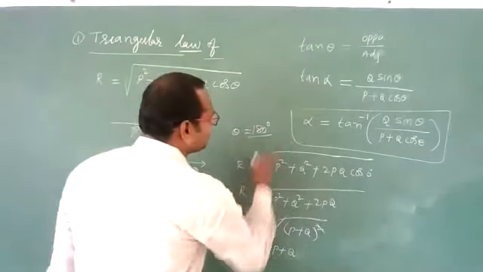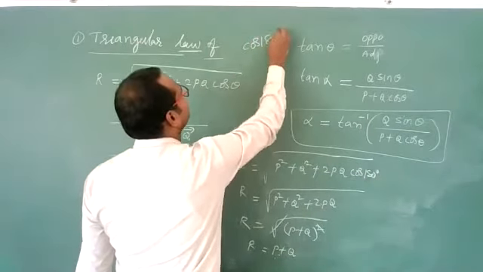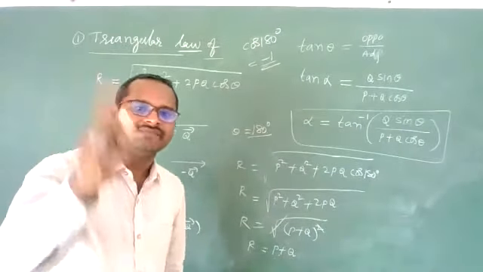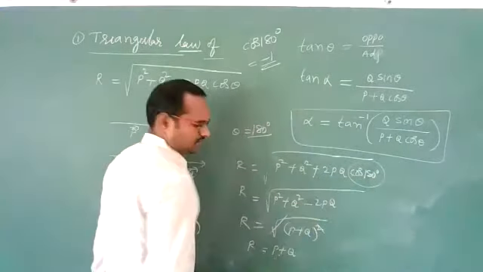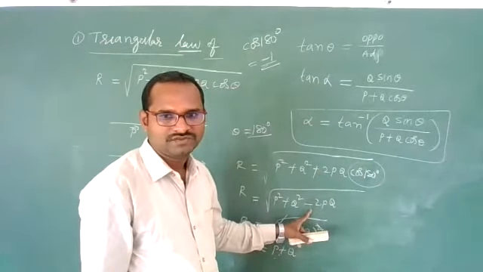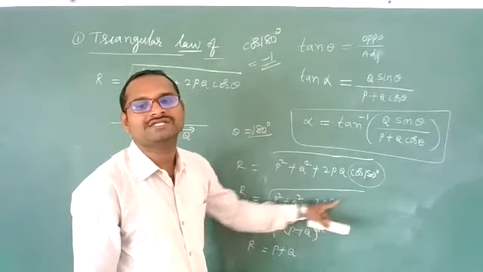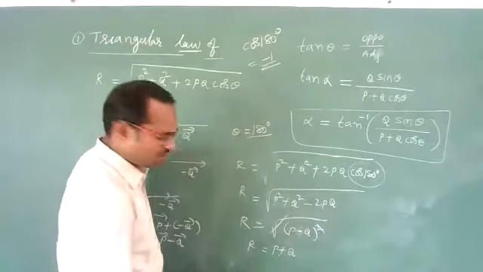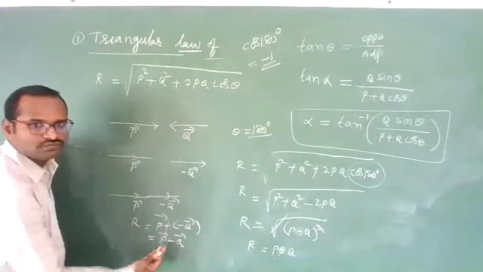Yes, the angle is 180 degrees. Here keep 180 degrees. Students, cos of 180 degrees is always minus 1. You should remember: cos 0 is 1, cos 180 is minus 1. So here if you keep minus 1, it will become minus. Correct? It is in the form of p square plus q square minus 2pq, a square plus b square minus 2ab, which can be written as a minus b whole square. Square root cancels. You will get p minus q. You are getting?